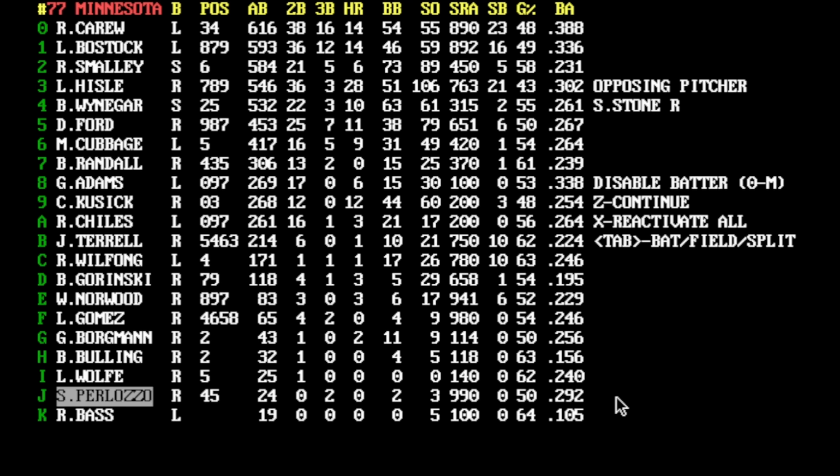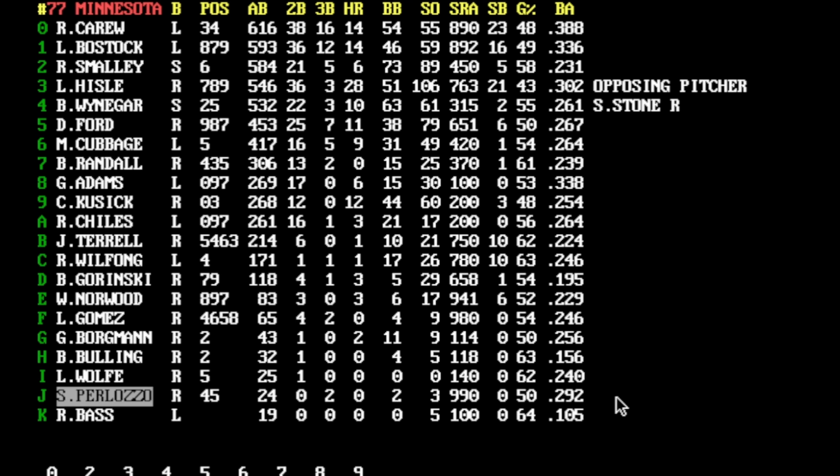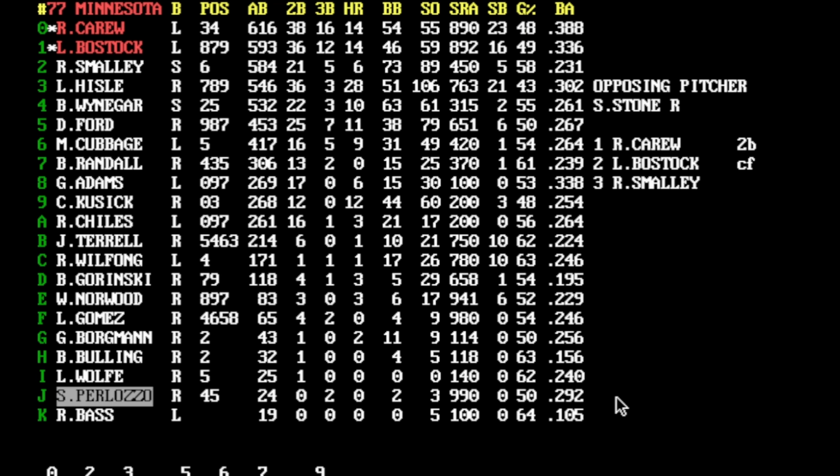Alright. Don't want to disable any batters, so we're going to hit Z to continue. And now we're going to go with Carew at second base. So you're picking the number on the left-hand side. We'll go with Bostic in center. We'll just go right down the list here. Smalley at short. And Larry,